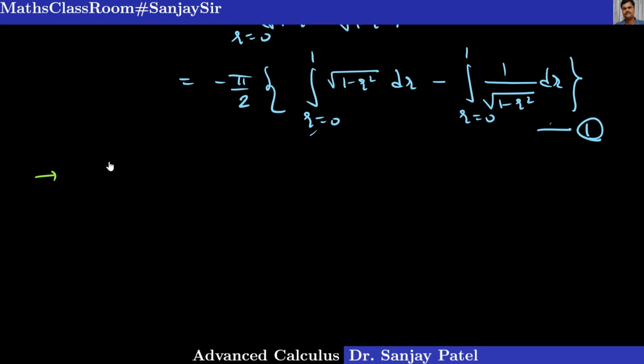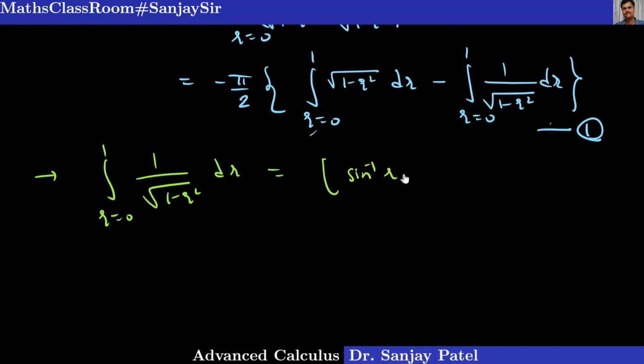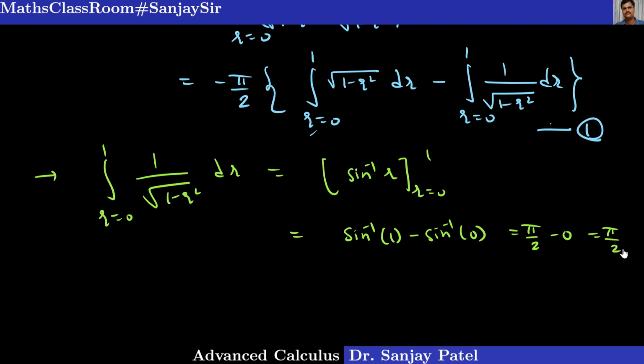So first, this is simple, integral r equal to 0 to 1 upon square root of 1 minus r square dr, that is sine inverse r from 0 to 1. So value of this is sine inverse 1 minus sine inverse 0. So it is pi by 2 minus 0, which is equal to pi by 2. So this is one thing. And for this integral, okay,